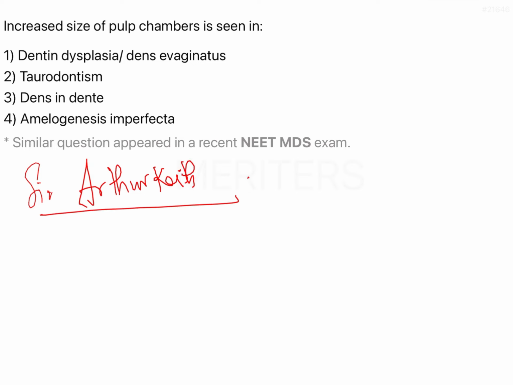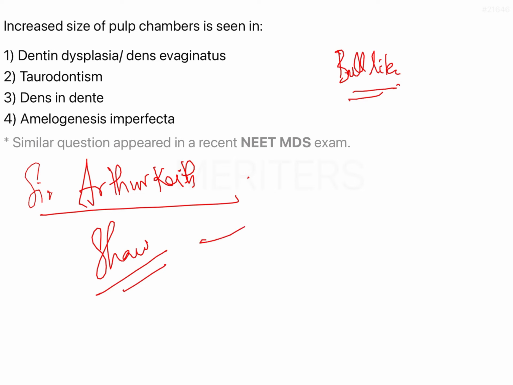So he described a dentin anomaly where the body of the tooth is enlarged at the expense of the root. Okay, so basically the root space was occupied by the body of the tooth. That's it. Okay, so he described it as bull like. So we call it bull tooth, bull like tooth, or bull like teeth. It is taurodontism. Okay, but it was Shaw, a person called Shaw, who further classified taurodont into hypo,